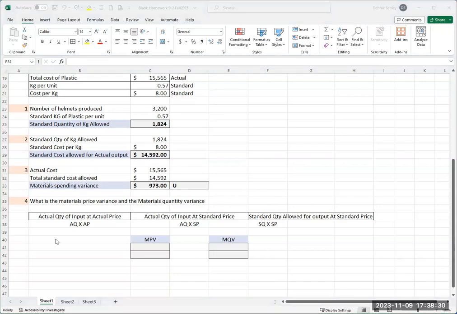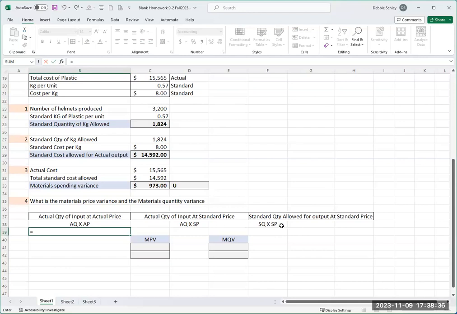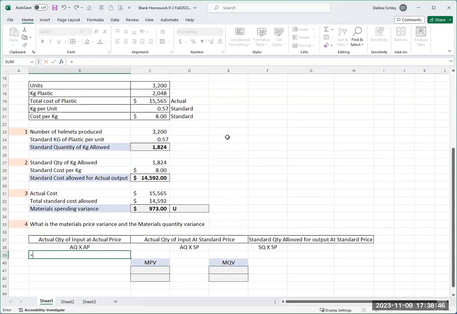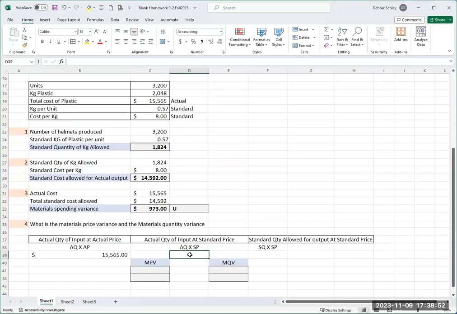We just put it in those three. I like to just figure out all three of these first. And then I know it'll be super easy to figure out the price variance and the quantity variance. So actual quantity, actual price, remember they gave that to us as a total, so I don't have to do any math there. Actual quantity, standard price,